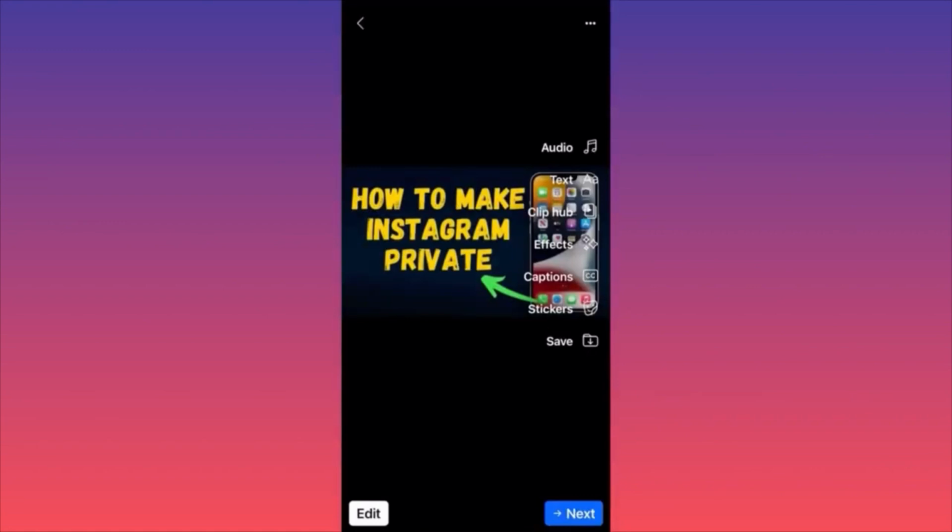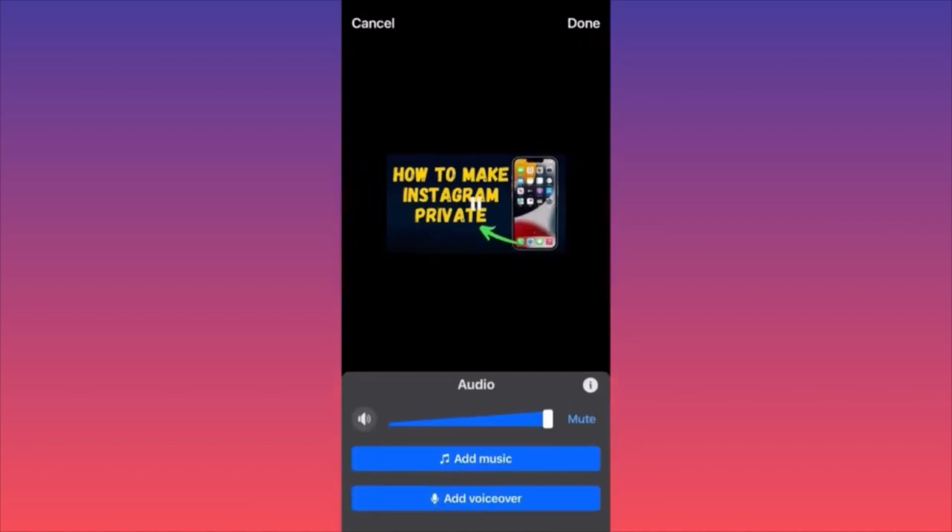Now the difference over here is that the menu that you usually will have when you're publishing reels on Instagram is quite smaller and it's positioned on the right side. The options that you have actually are very similar. You have an option to add audio, you can add music. The main difference is that you're able actually to reduce your original audio over here,